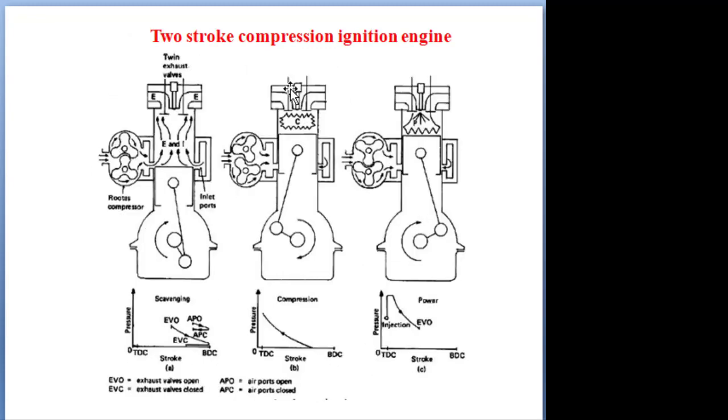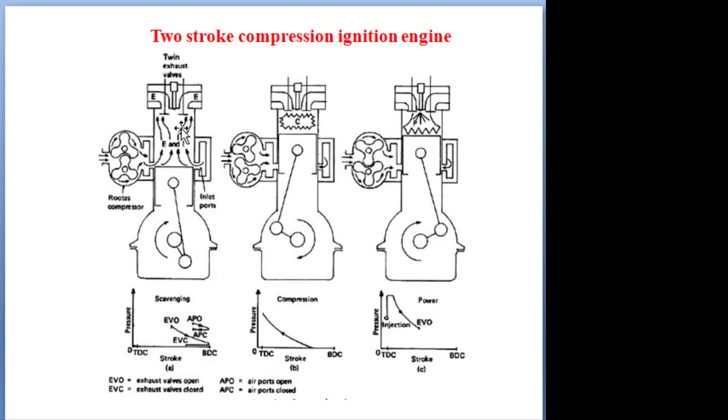Coming to two-stroke compression ignition engines, it is not like the four-stroke compression engines. In two-stroke compression ignition engines, the crankcase is used for the oil sump only. The induction of air is not by natural aspiration; compressed air is blown inside the cylinder, and exhaust ports are available in the head only, like the four-stroke engine. We place an injector, with simple construction, but there is no transfer port. Intake of air takes place not by natural aspiration but by blowing compressed air inside the cylinder. While the piston is moving, after injection, combustion will take place.